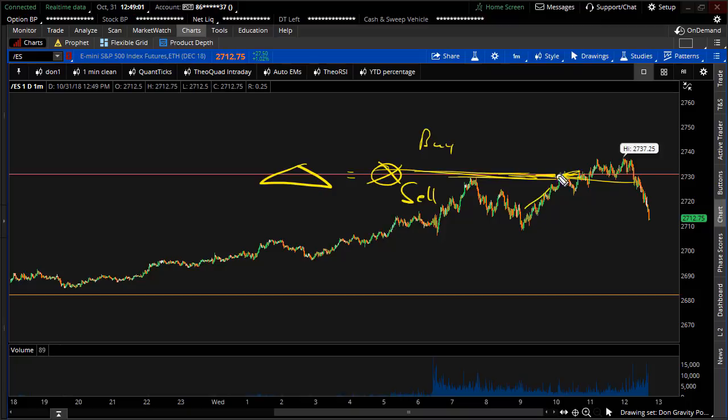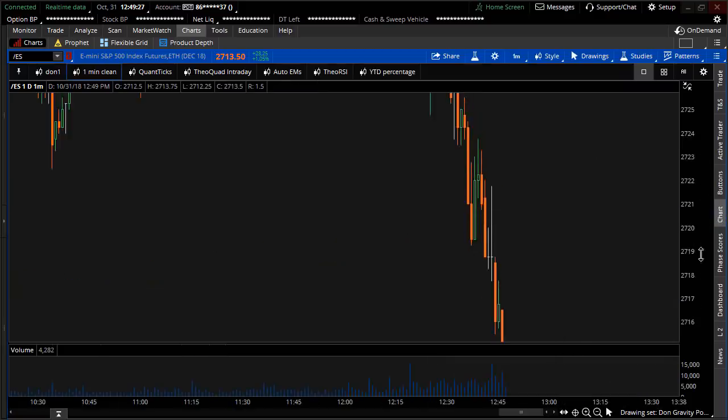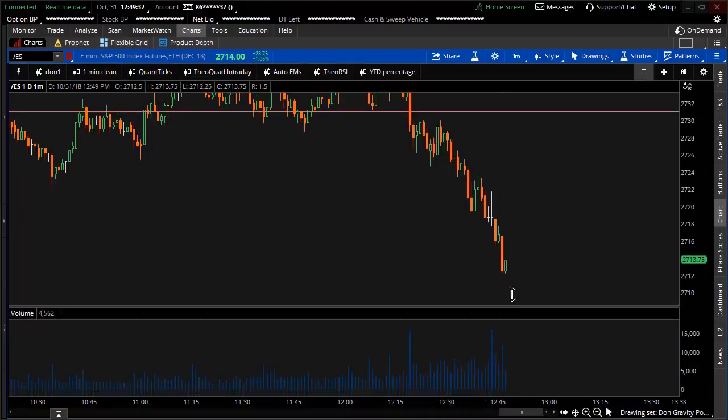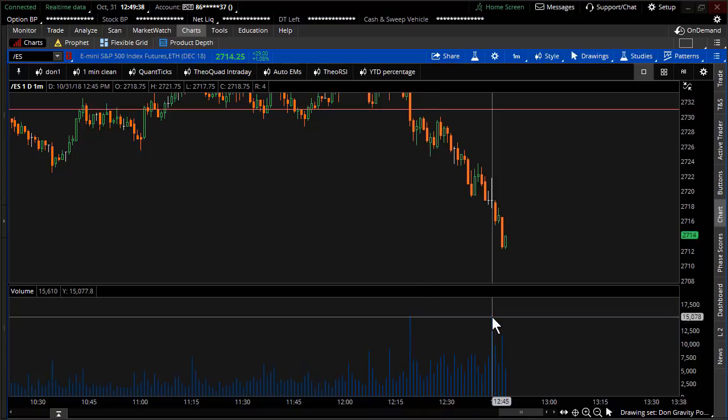And what happens as soon as you get to a gravity point: driving to the gravity point, there'll be big volume bursts. Getting to the gravity point, volume will subside in the S&P futures. Breaking off a gravity point, volume will absolutely explode. So volume has a lot to do with determination of where these gravity points live. Now, what I do is look at some of the volume in the S&P futures. And again, I'll show you here, as we start to slip away from this 2731, you'll see some vicious volume spikes.